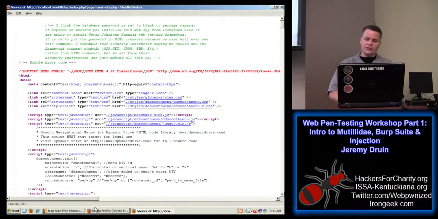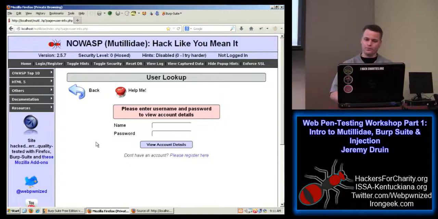There could be a lot of different things that you're going to find in the actual source code that are not actually rendered by the browser. So when you're doing testing on sites, it's a good idea to get used to looking at the site this way and not necessarily how the browser interprets it or renders it.